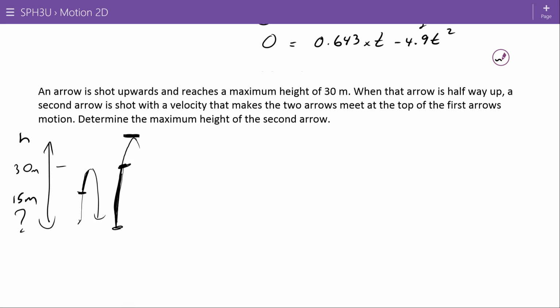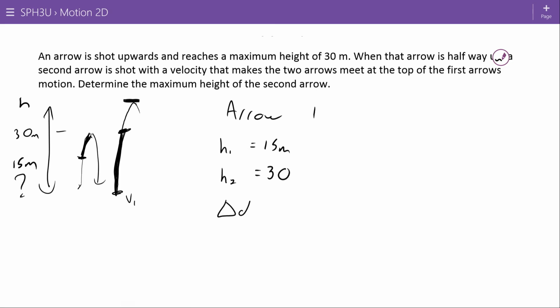So the key thing that relates these two is that in the time that this one goes from 15 to 30, this one goes from 0 to 30. If we take this time and then we take this motion, we should be able to find out what V1 is for this motion. And once we have V1 for this motion, we can find the maximum height. So let's consider arrow 1 first. What we're saying is when it goes from height 1 of 15 meters to height 2 of 30 meters, or if you will, a vertical displacement of 15 meters,